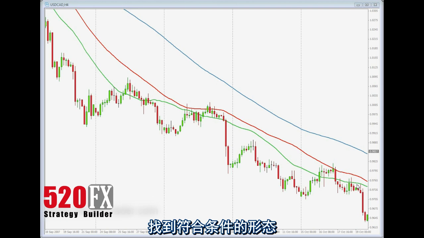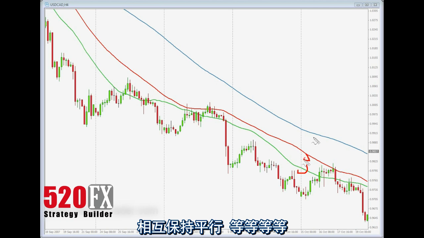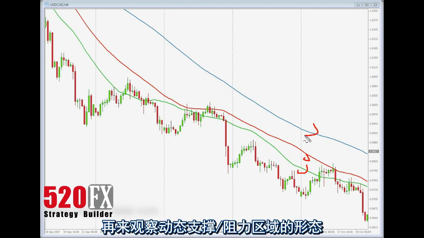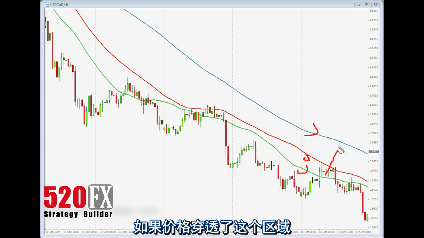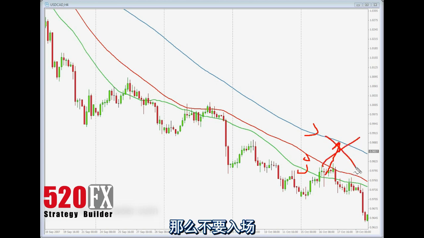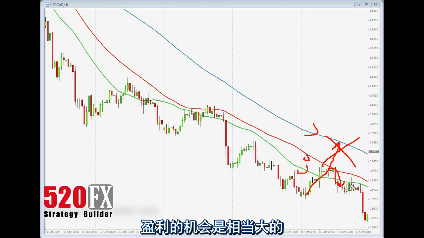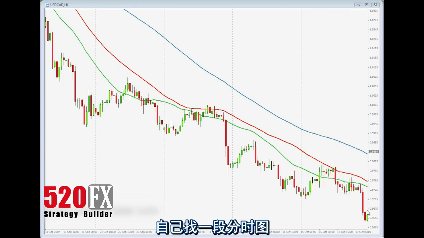Search for moments where all the moving averages were falling in order, pointing in the same direction, parallel to each other, etc. And when that happens, see the reactions of the dynamic area of support and resistance. If price breached through, you would have taken no entry. If price, upon touching the dynamic area of resistance, begins to curl around, you could be about to trade a high probability trade. Like I say, don't trust me. Just go to your own charts, plot the